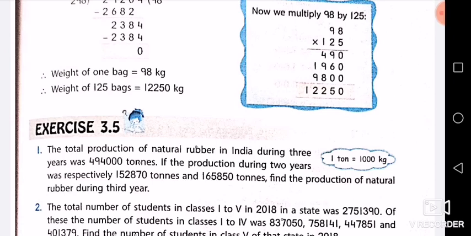Today children, you all will practice these two examples in which we have used multiplication and division as two fundamental operations, and tomorrow we will take exercise 3.5 and start doing the questions. Along with this we'll do revision of our fundamental operations also, and how you have done the questions, that also we will take tomorrow.